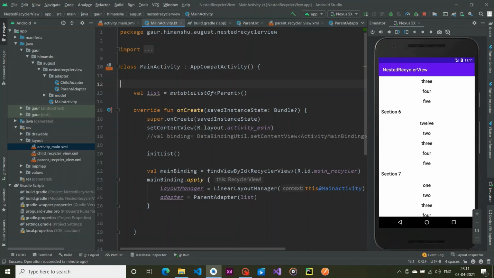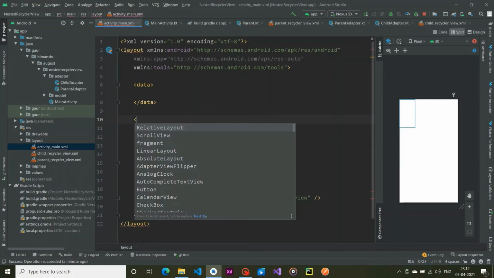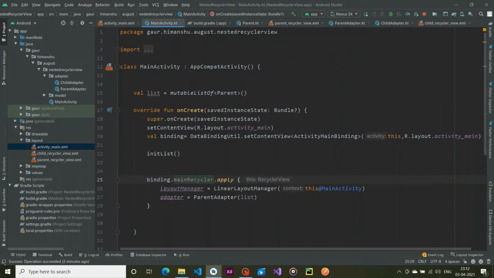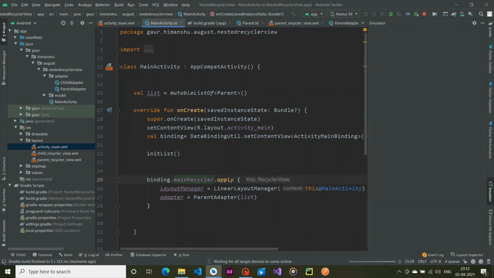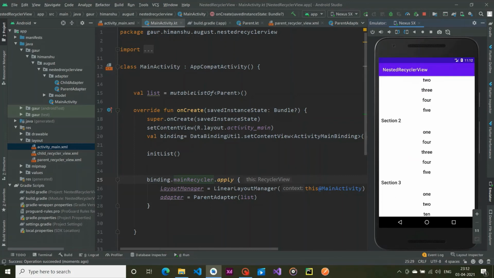Okay, so we made some mistakes. In our activity main, I accidentally made this a recycler view instead of a relative layout. That is why we were getting errors. When I change this into a relative layout, it is fine. So do check if you make any kind of mistakes in this activity main layout part. So make it right. Now our app is finally completed. So I just give this application one more run. You can see everything is fine right now.